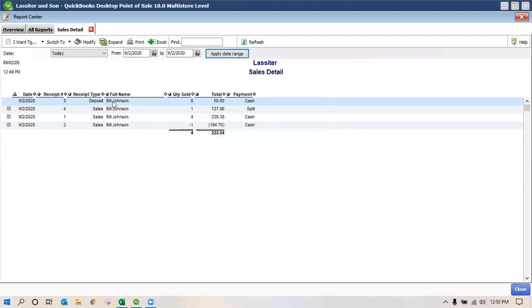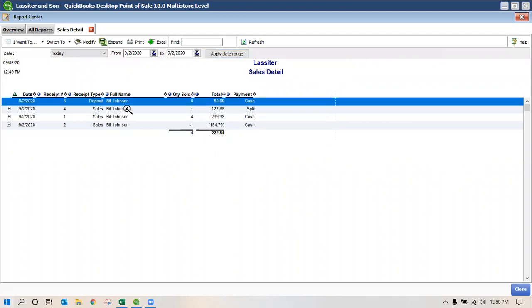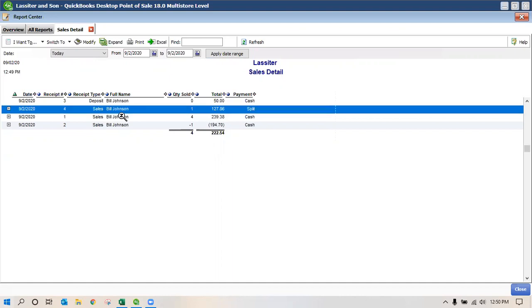We've got the deposit on the order. We've got the actual sale. We've got the return. So it's going to have what the receipt number is, the date, the customer name, quantity sold, total payments, etc. You can modify all these reports as well. So you can say modify,